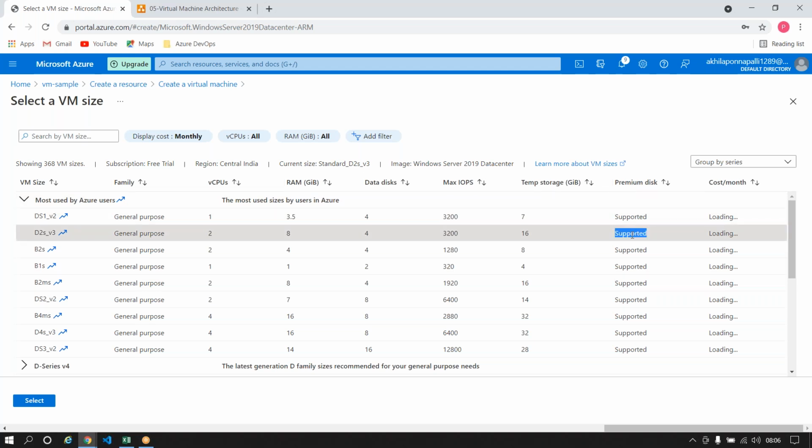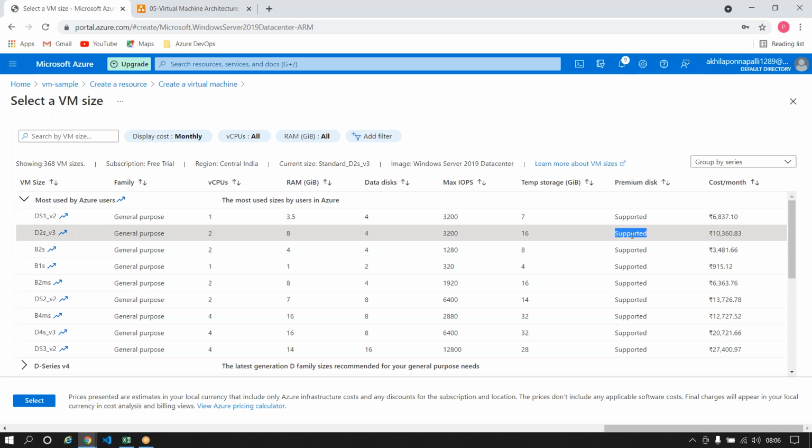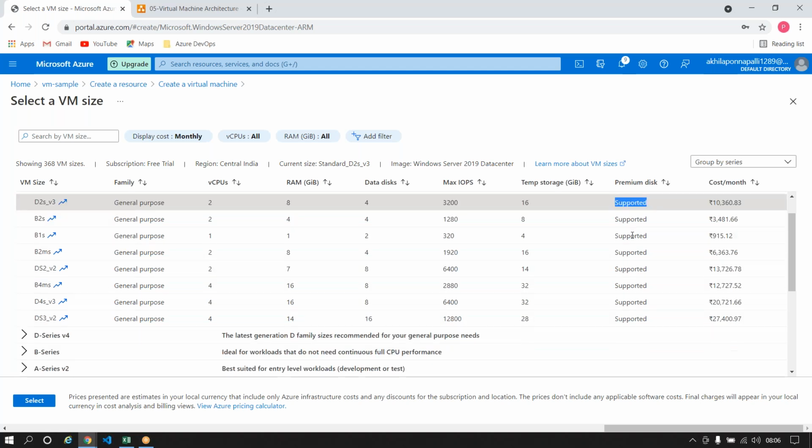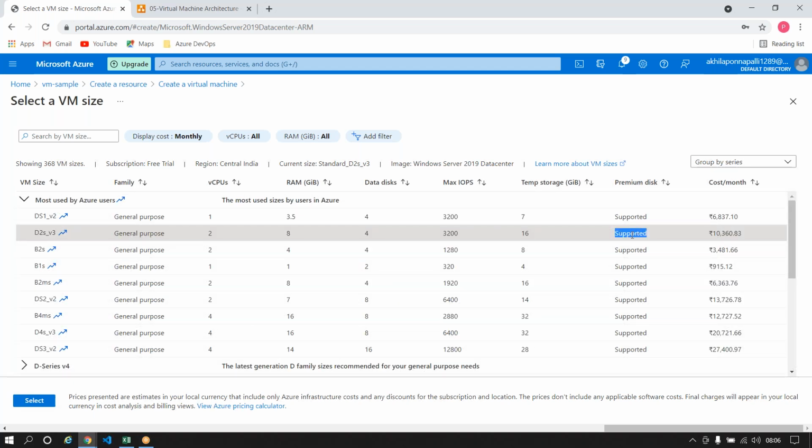Most of the sizes available out there do support premium. Is it premium? Is this supporting premium? Yes, great, good. This is something that you'll have to see. A few sizes like the A series do not support premium. So you'll have to check the size to see whether it's supporting a premium disk or not,